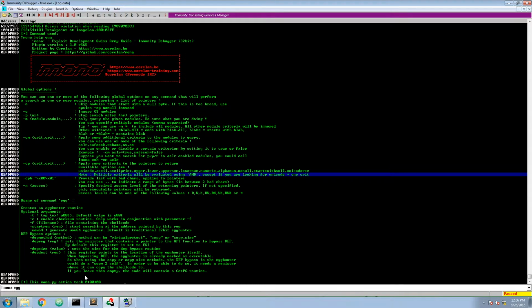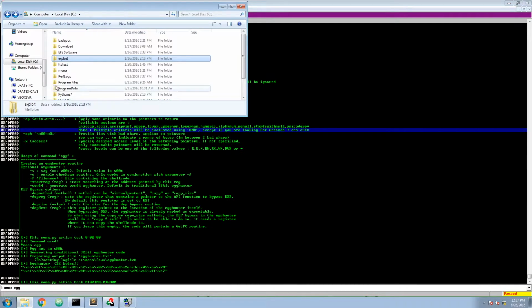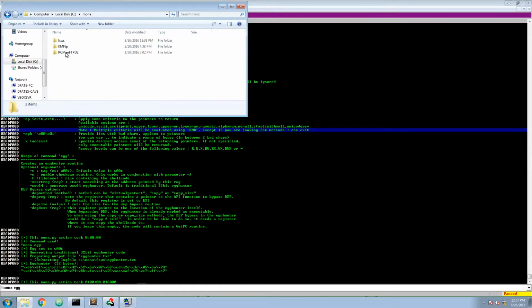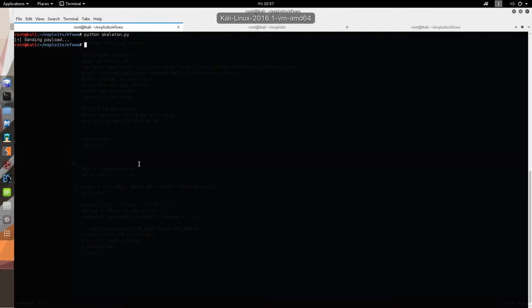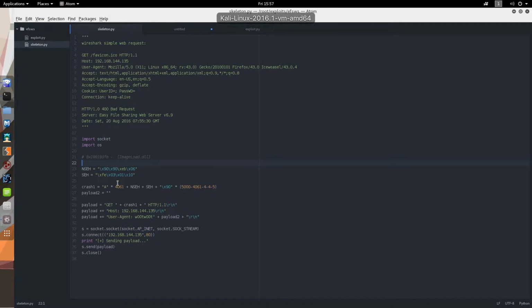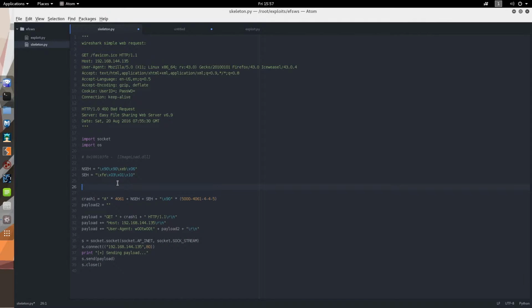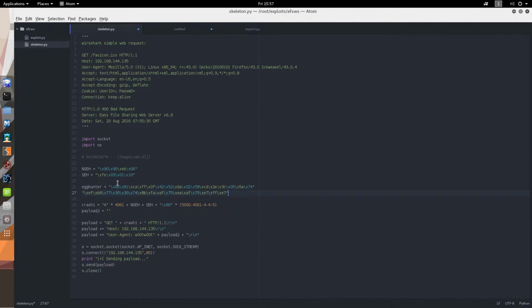Okay, let's now create our egg hunter. So we will just use Mona egg. We will copy the egg hunter from the file. We'll place the egg hunter in here, and we will adjust our first crash.